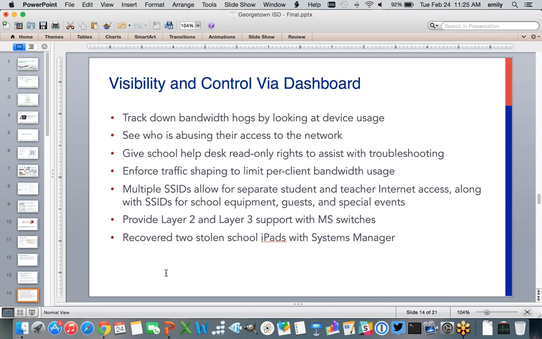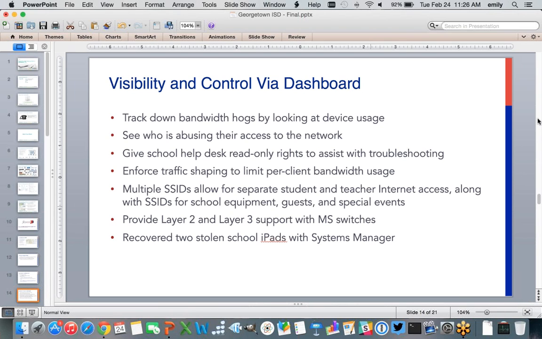So that was pretty impressive, and we were able to see that, yep, the device is still on. Yes, it's connecting. This is the IP address. Oh, look, that's in Dallas. We're not anywhere near Dallas. It was good for me to be able to go tell my boss, hey, look what we were able to do.